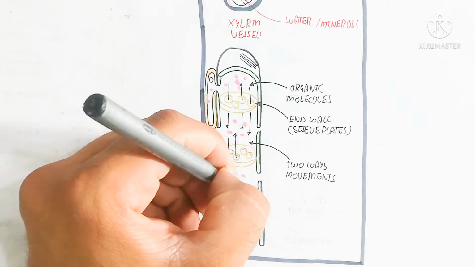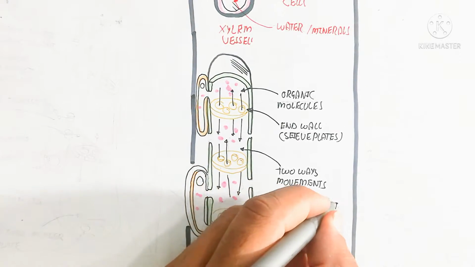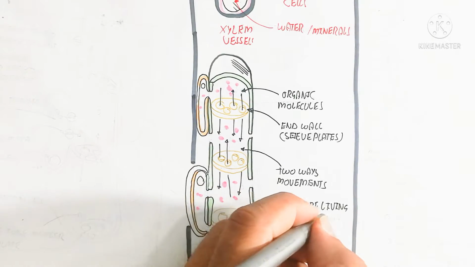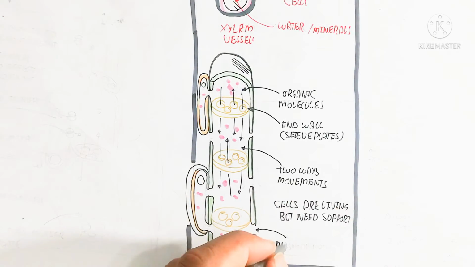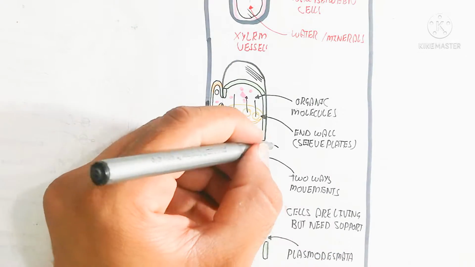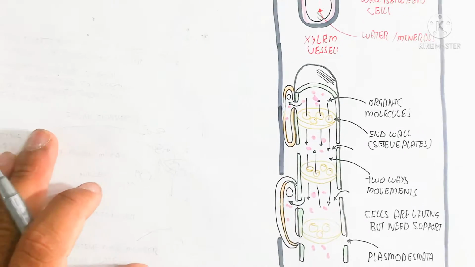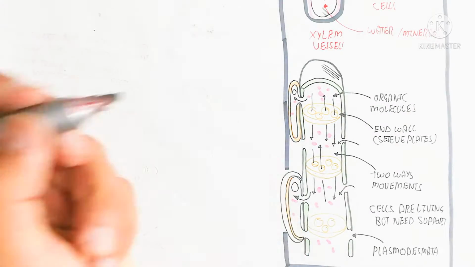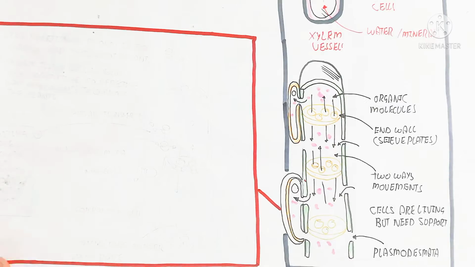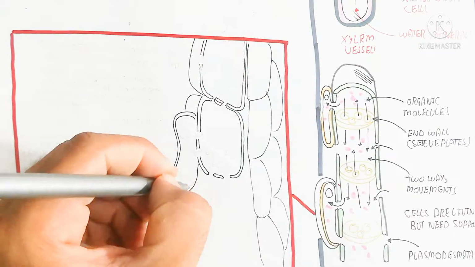Sieve plates are present, which are permeable to water as well as sugar, which will be moved in two ways. So there is two-way movement, and the cells are living but need the support of the companion cell, as shown in the